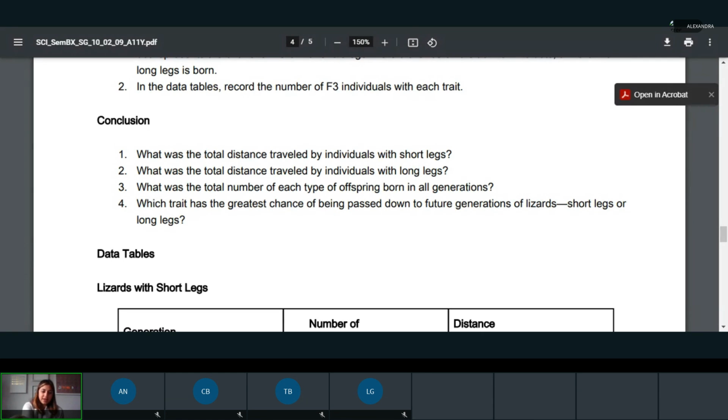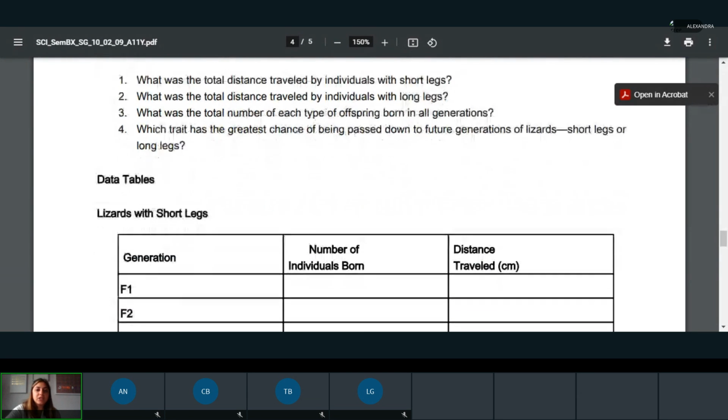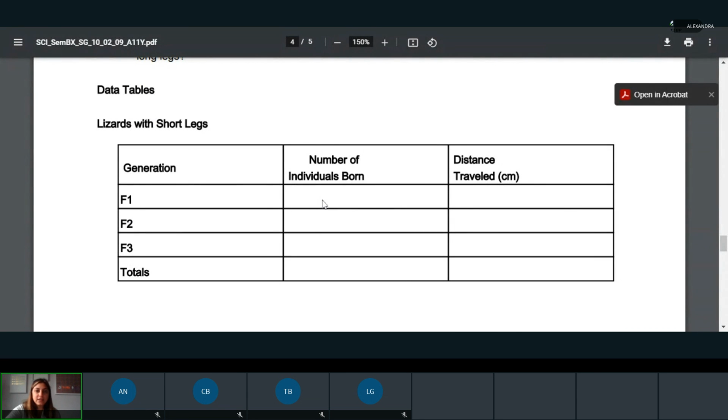So make sure you guys are marking your tally in yours. Okay, now I'm going to go through it again. My guy landed on 6, okay, in the data table, Logan. But if you haven't had a chance to print it off, then I recommend that you just do it on a piece of paper. Number of individuals born in this column in that first line is where you're going to write it. Perfect. Yeah, so that's just where it says number of individuals born. That's where you're going to mark the tally mark.